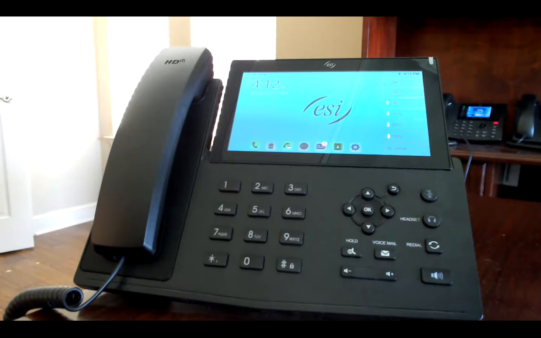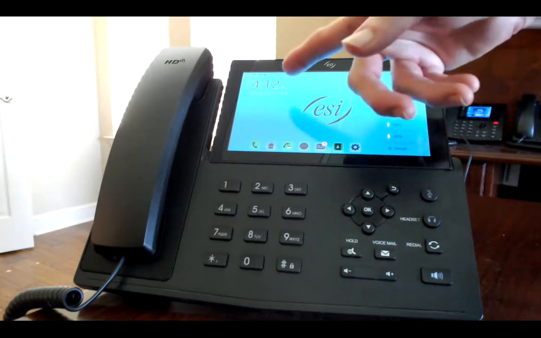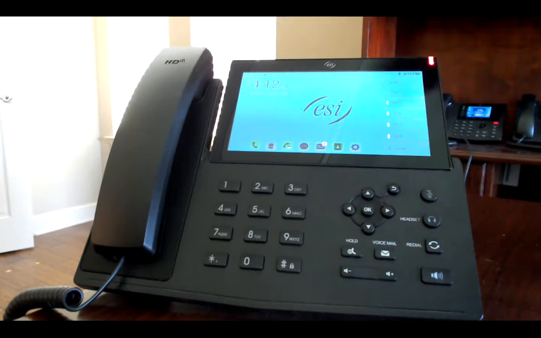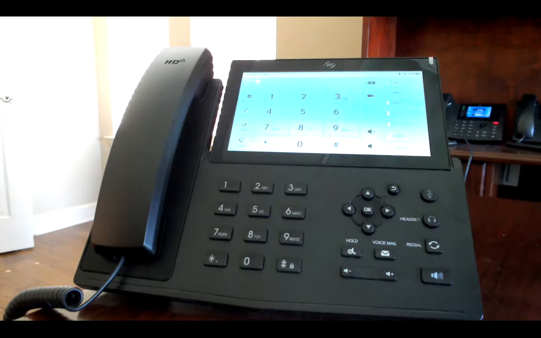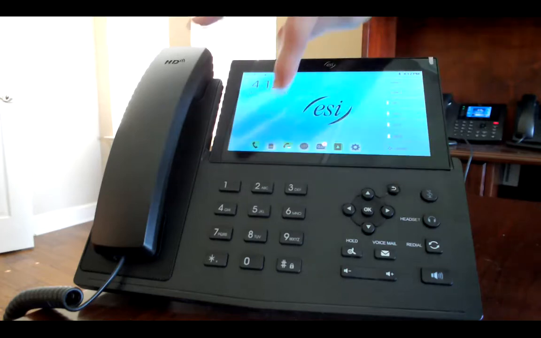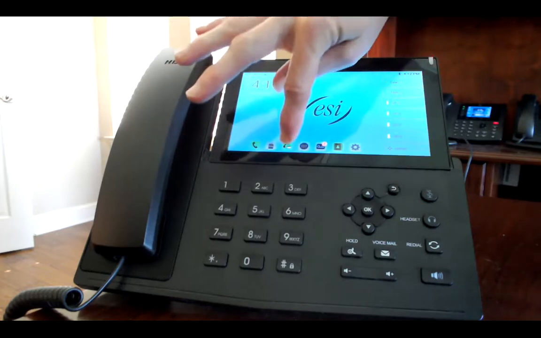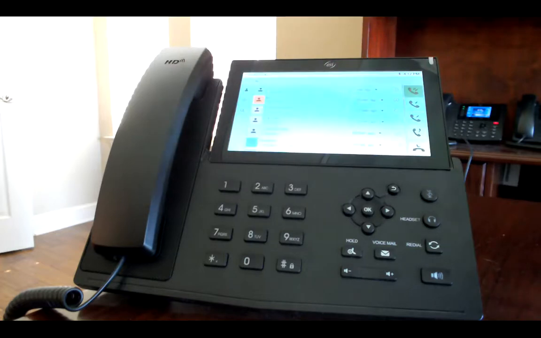When the phone is idle, the screen will show the day, date, and time, and your extension number on the top left. There are also indicators along the top of the display letting you know certain notifications. When your phone is idle, you will see shortcut buttons for a dial pad, do not disturb, call history, where you can see all calls made and received from your phone, including internal extension